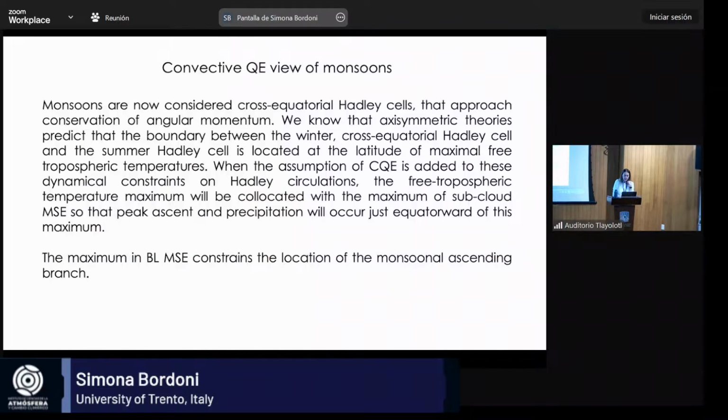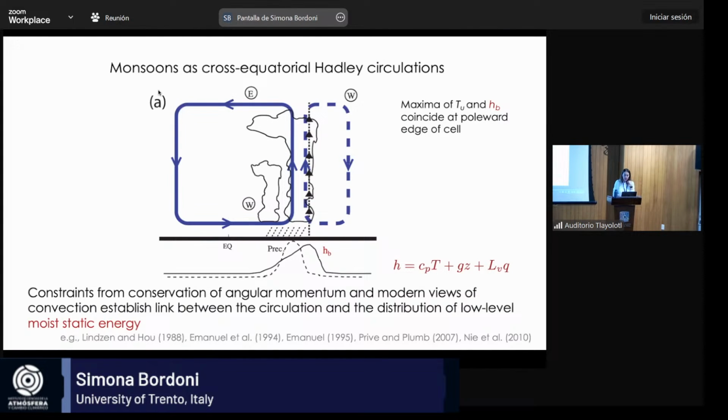So now, if we put these things together and we use these ideas of how upper tropospheric temperature variations are linked to variations in the moist static energy in the boundary layer, and the fact that because of conservation of angular momentum, which of course acts irrespective of the presence of moisture and moist convection, we know that upper tropospheric temperature maximizes close to the polar boundary of the circulation, then we can invoke the fact that this upper tropospheric maximum in a moist convective atmosphere will be coupled to a maximum in the distribution of the moist static energy, and therefore we can again use this